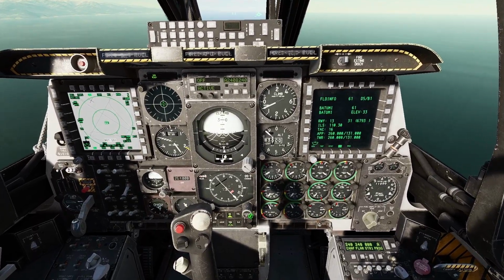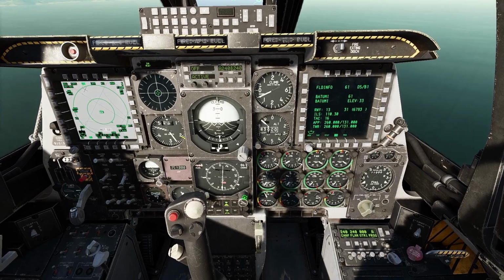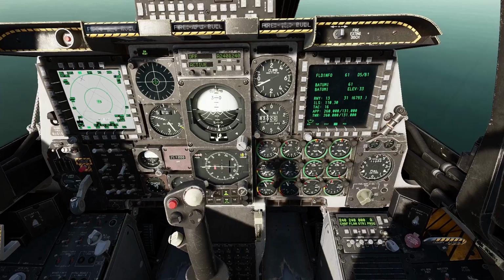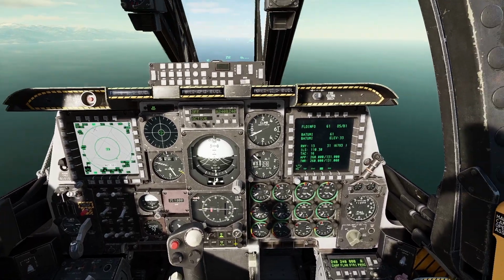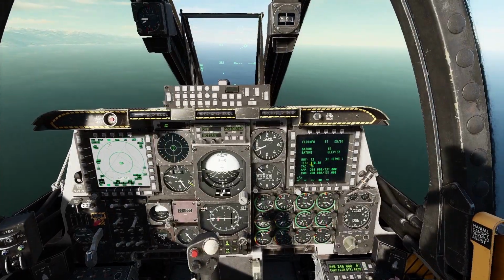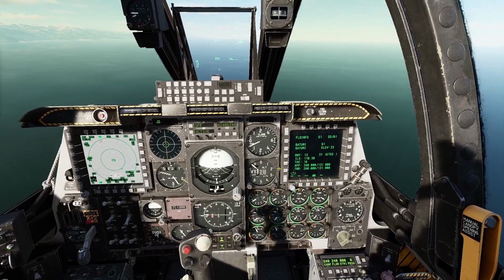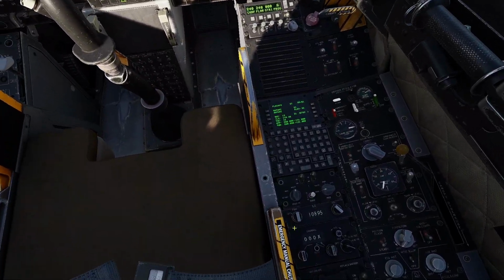So we can start by putting that into our course selector here. Turn this to 130. Just roll the mouse until that says 130. You can see the needle there is aligning 130. Now this also has the ILS and the TACAN frequencies, so we can put those in. As I said, today we're going to be using ILS,